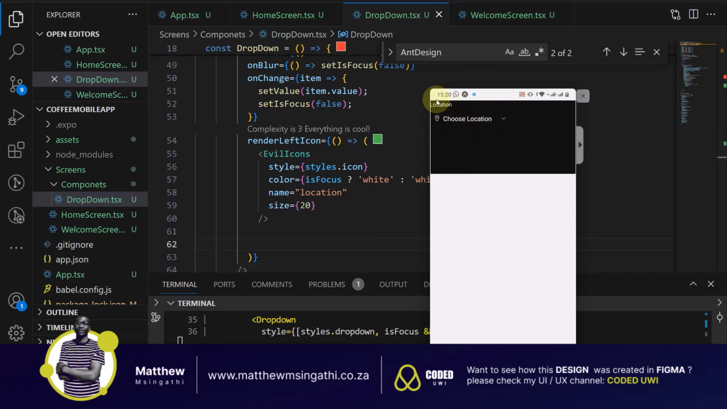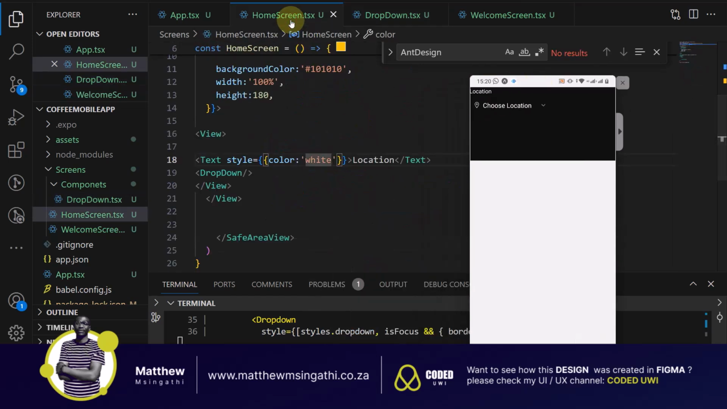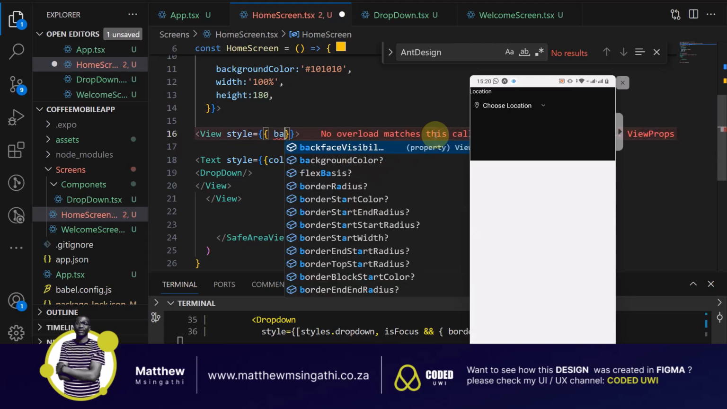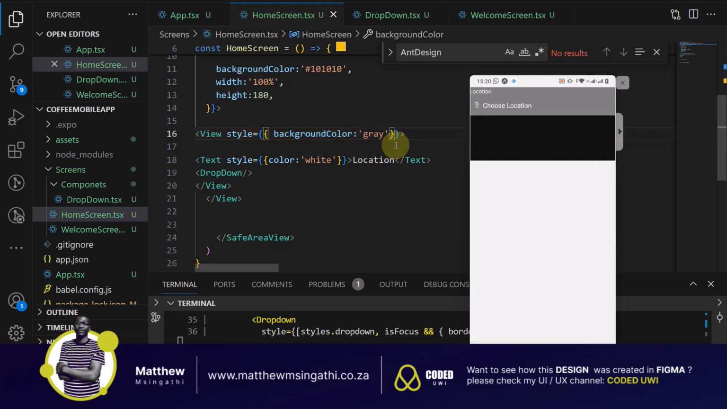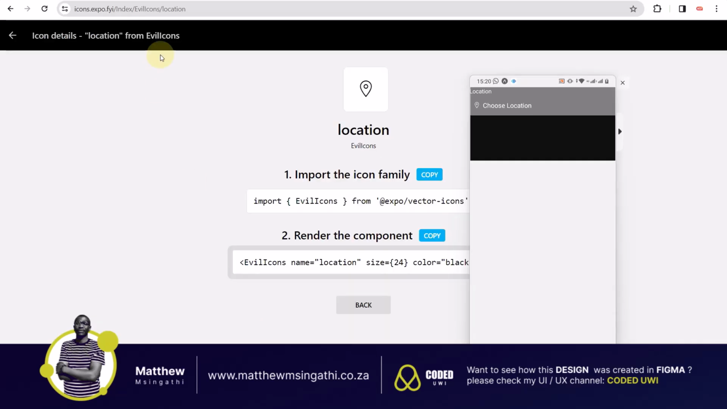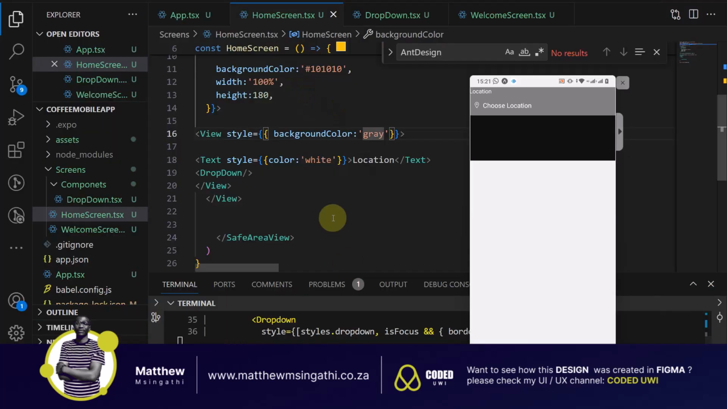But now let's make sure that this is a single component, the location and the drop down. Let's go back to the home screen. I think this has a padding, but we will see about that. Now let me style this. Let me set a background color of gray. I'm happy with that. As you can see, it spans right across the entire screen. I don't want it to be like that because I will put the image there. So we need to